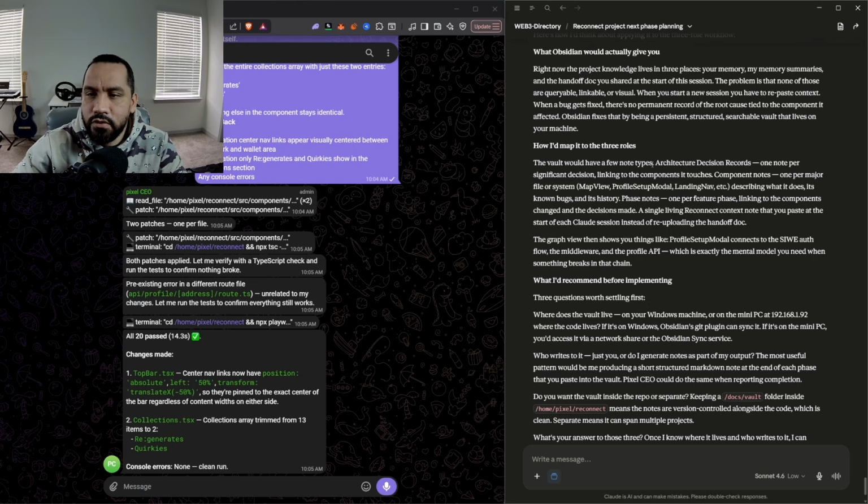The vault will have a few node types: architecture decision records, one node per significant decision, linking to the component it touches; component nodes, one per major file or system, like map view, profile setup model, describing what it does, its known bugs and its history; phase notes, one per future phase, linking to the components changed and the decisions made; and a single living Reconnect context. Reconnect is the name of the app; that's the note you paste at the start of each Claude session instead of re-uploading